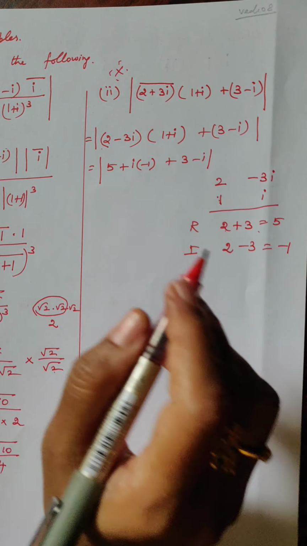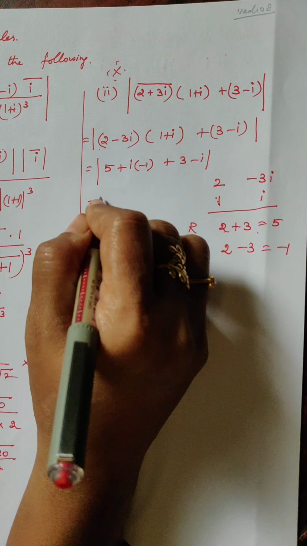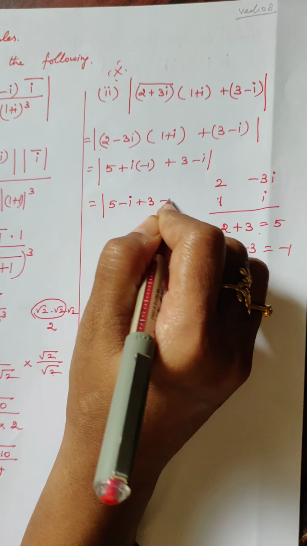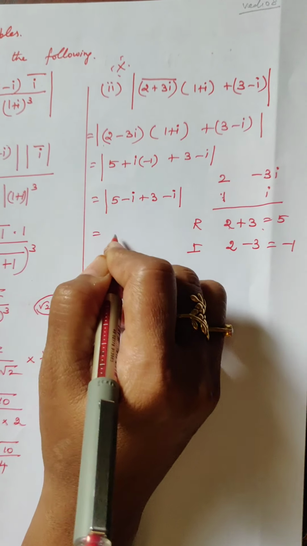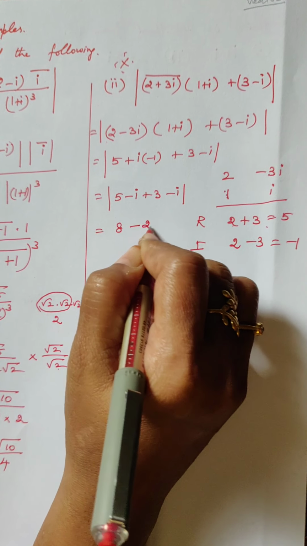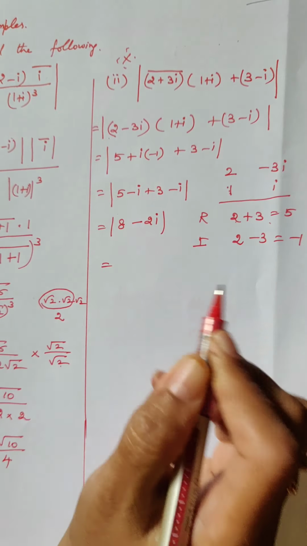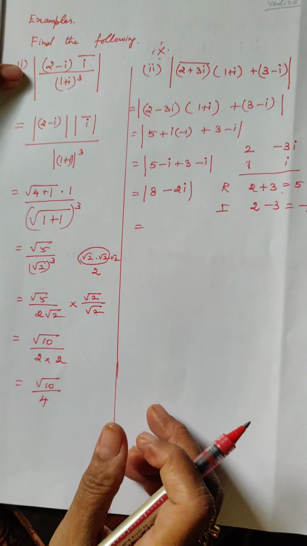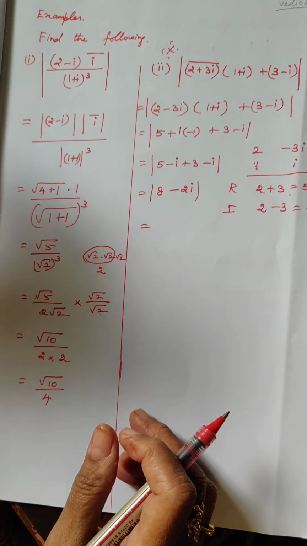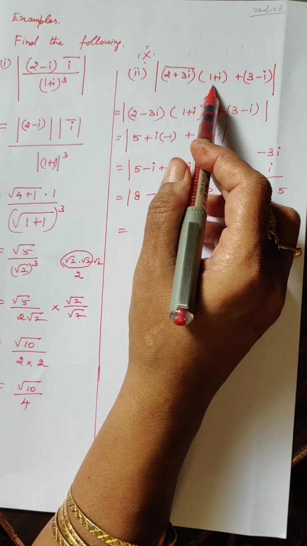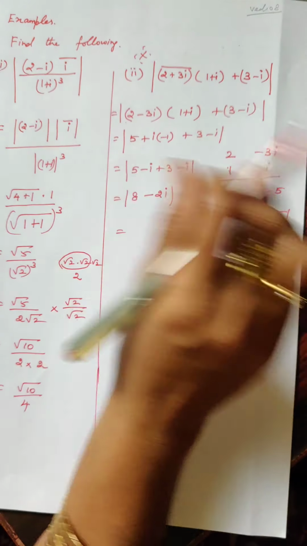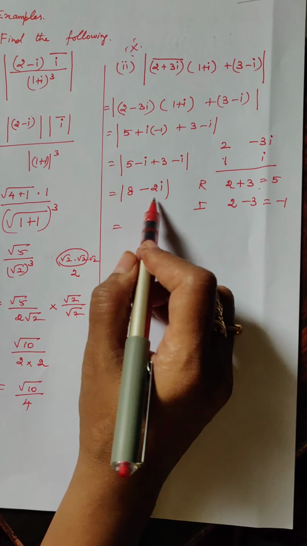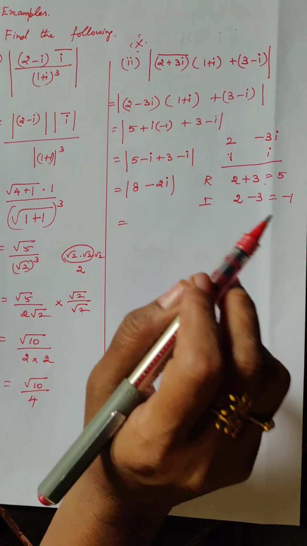Is it clear? First we are finding the multiplication. Modulus of 5 minus i plus 3 minus i. Is it clear now? 5 plus 3 is 8, minus 2i. Then only you have to find out the modulus. Just to see the difference between these two problems. Here we are applying the property directly because we have multiplication and division alone. Here it is multiplication with the operation addition. So you cannot do it directly. So first simplify the complex number and make it into standard form or rectangular form. Then only you have to find out the modulus.